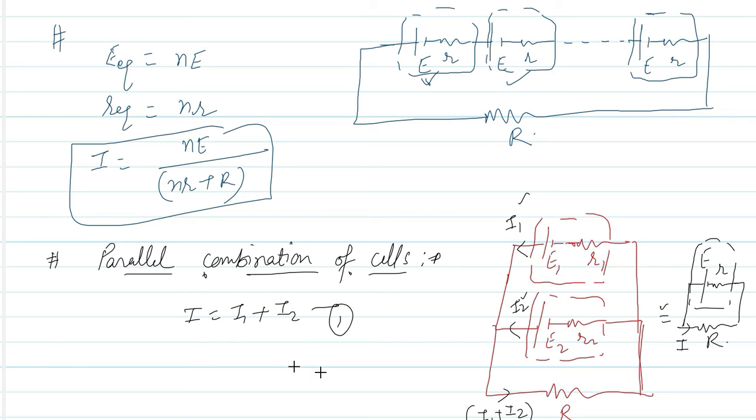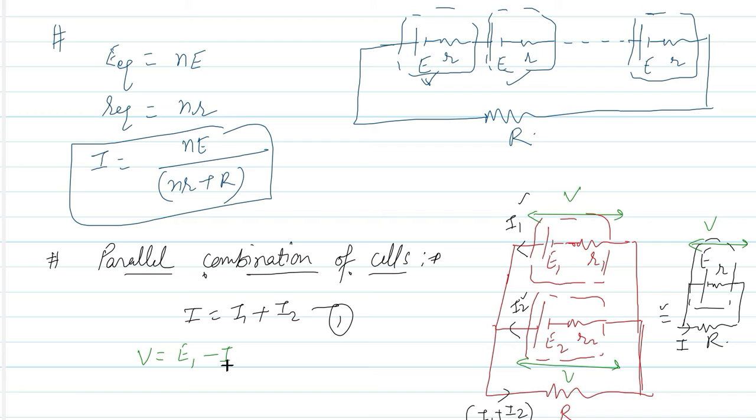Suppose this is equation 1. Now we all know that in parallel combination, the potential difference, whatever be its value, remains the same across each branch, right? So the same potential difference will be obtained in the equivalent circuit as well. Now we all know that if a cell is in use, for the first cell I can write V equals E1